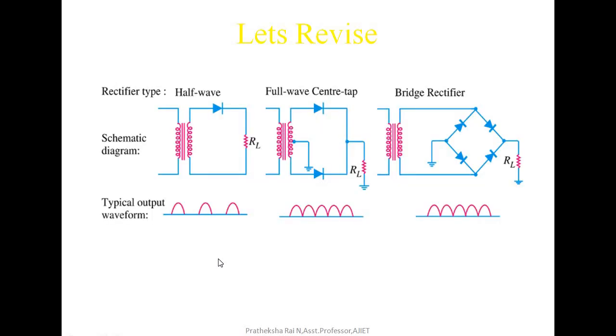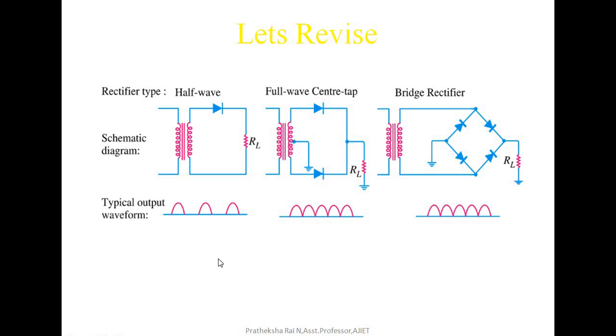Let's revise what we studied in the previous session. Yes, we have studied rectifiers: half wave, full wave and bridge rectifier. We know that rectification is the process of conversion of AC into DC, that is alternating current into direct current. Now, when we say conversion of AC into DC, we have seen in all three rectifiers it is not pure form of DC. To be very precise, let's see the three rectifier circuits.